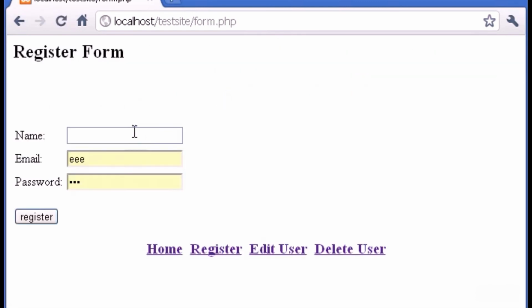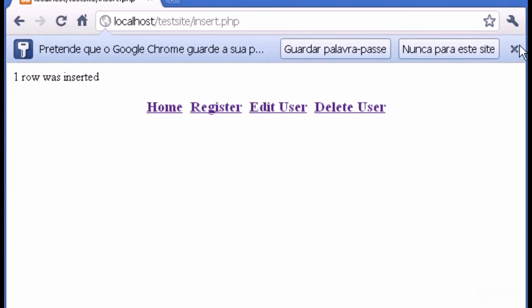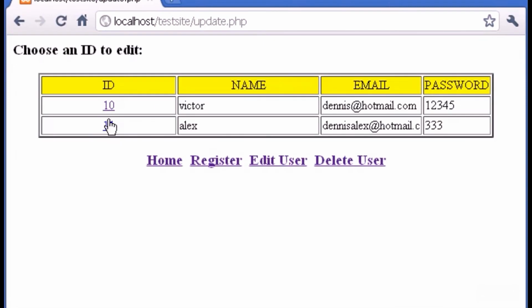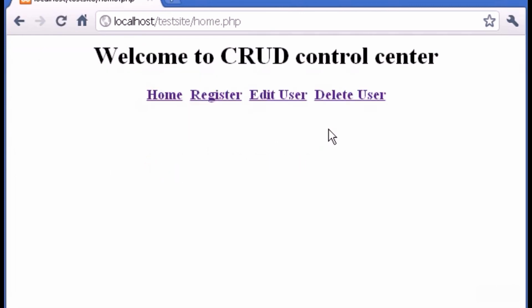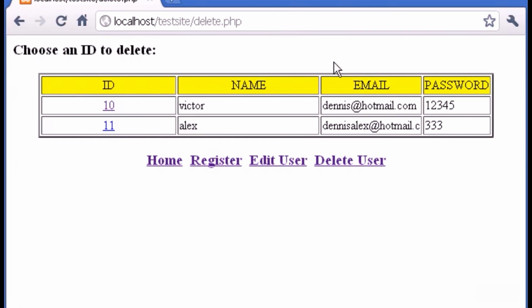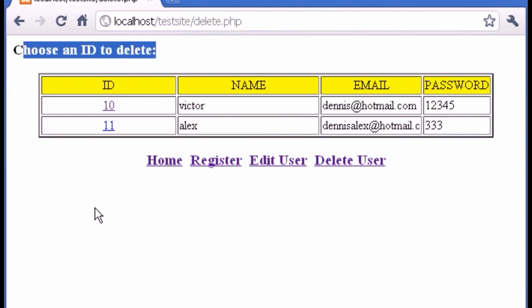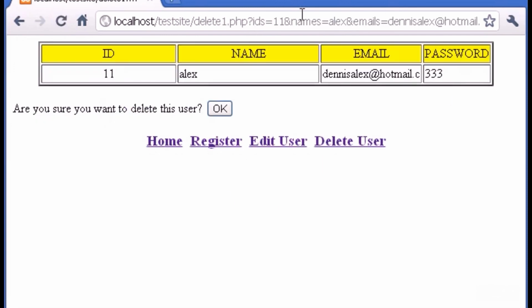Before that, let's register a new user. Let's type Alex and whatever you want in here. Let's type Dennis Alex hotmail.com and the password 333. Register. Okay, let's see, edit user. We have 2 users. Delete user. You see here, home, delete user. So this is the script of delete.php. You see here, delete.php, choose an ID to delete. If I choose Alex here, number 11, click, and this is